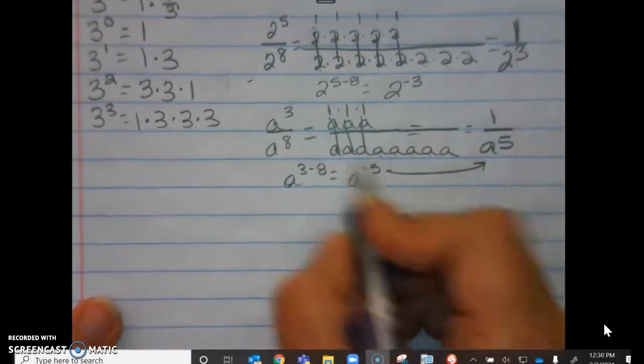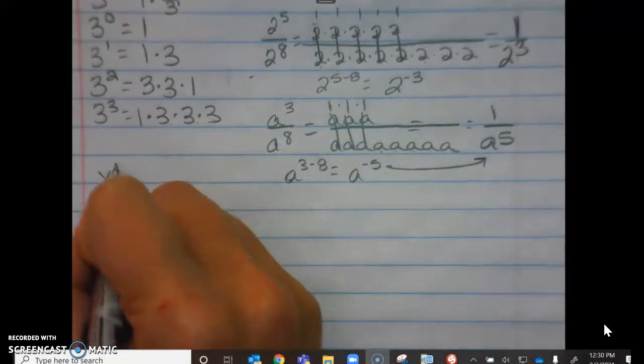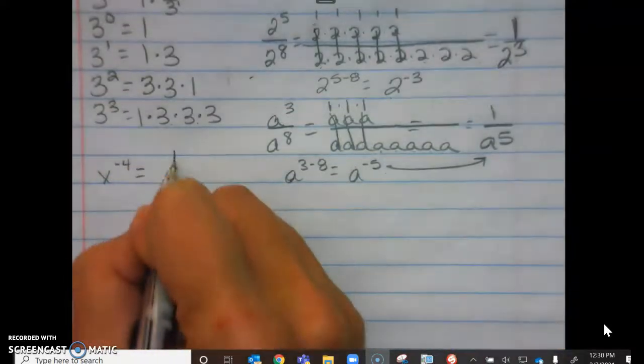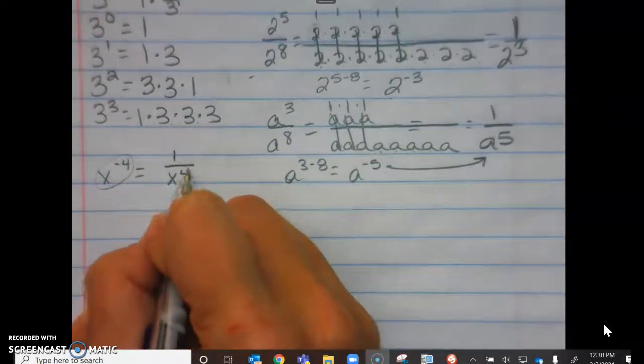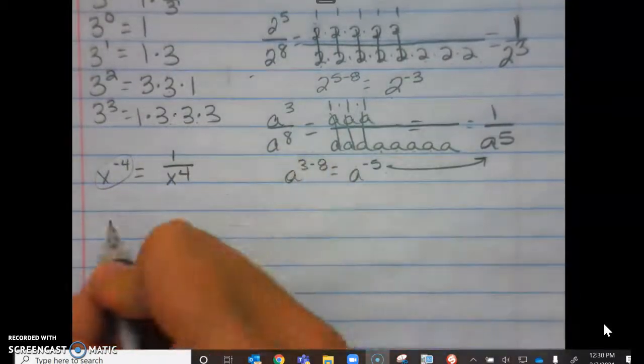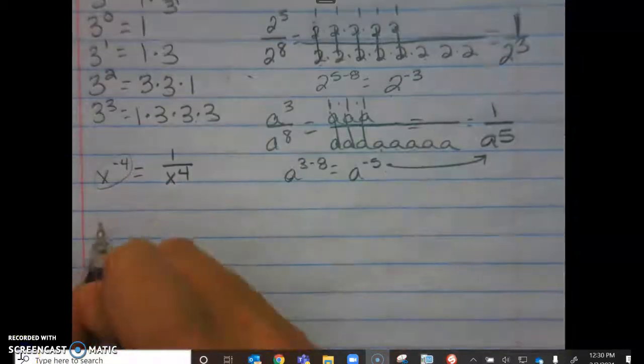Let's try a couple without writing them out. So I could have x to the negative 4 means this goes in the denominator, and the exponent becomes positive, x to the 4th. I could write 2